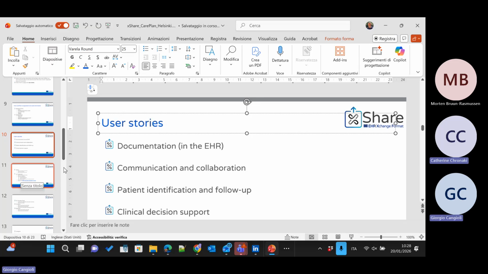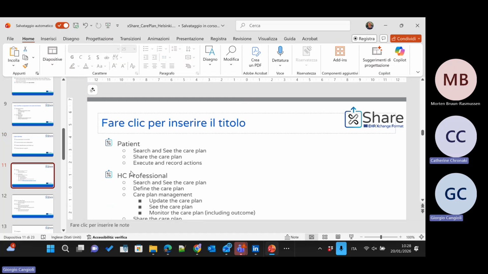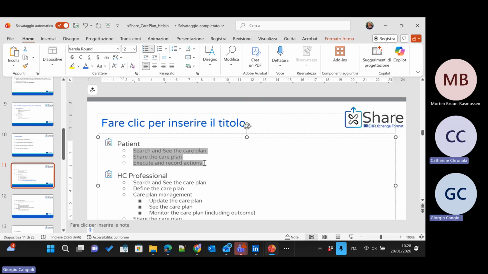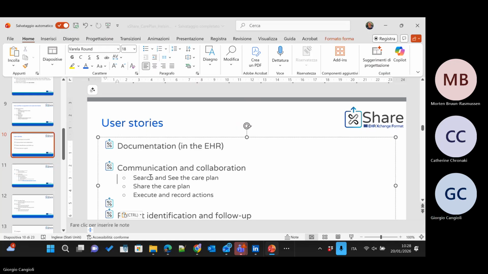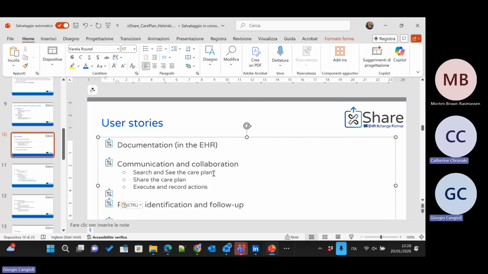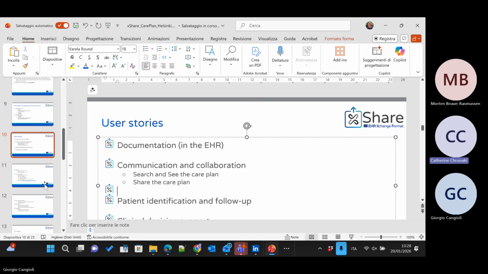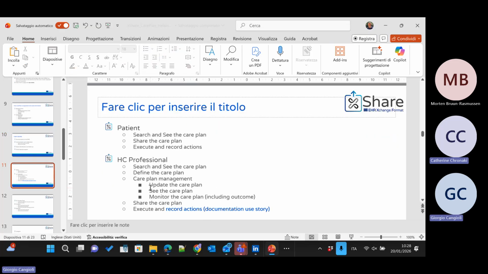Okay, if you have these user stories, we need to somehow try to connect them with the use cases that we have identified. So search and see, share care plan, execute and record. Search and see, I suppose, is collaboration, right? What I don't see here is the update of the care plan. It is in the documentation part.